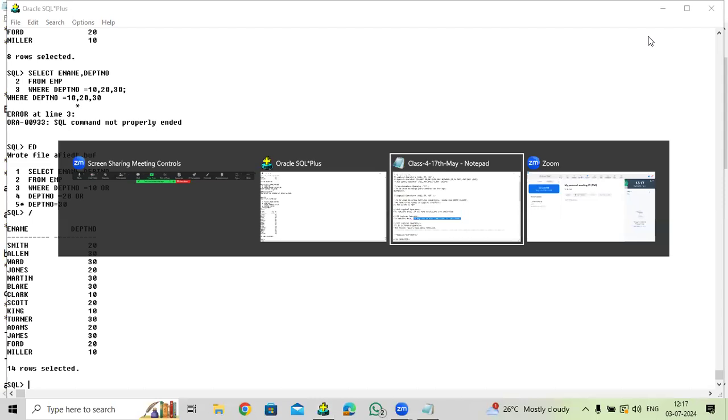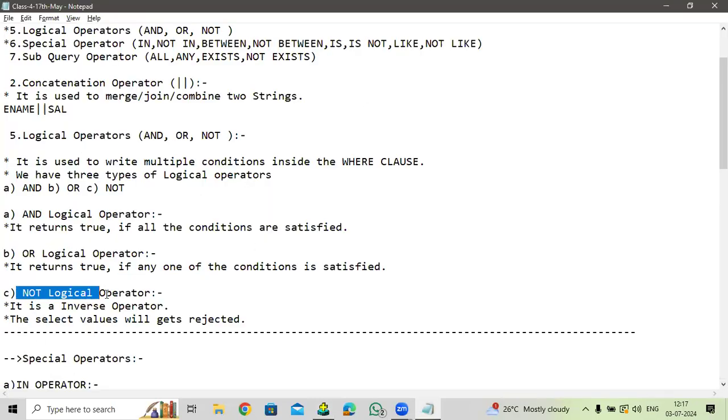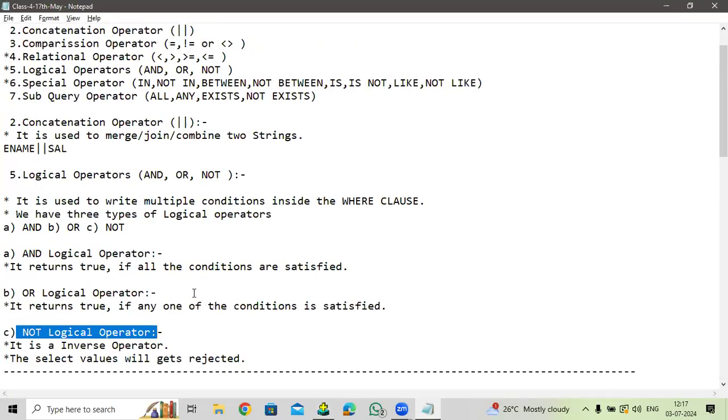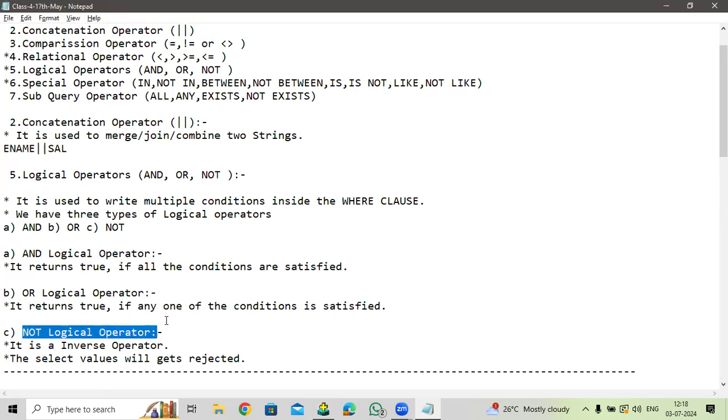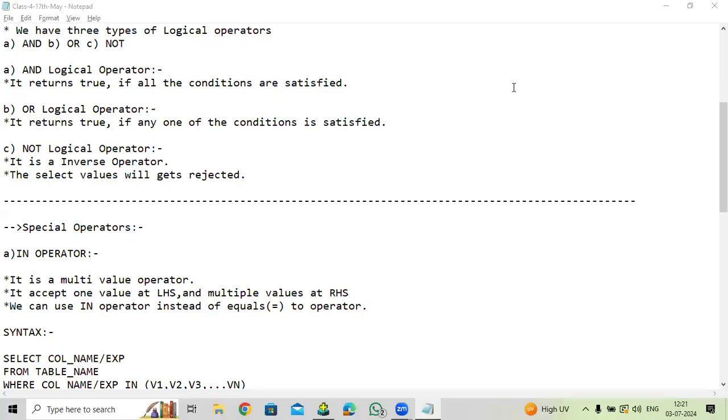Make the next subheading: NOT logical operator. Make a subheading, NOT logical operator, and we shall solve two to three queries. Make a heading, NOT logical operator. Copy a query. Write a query to display